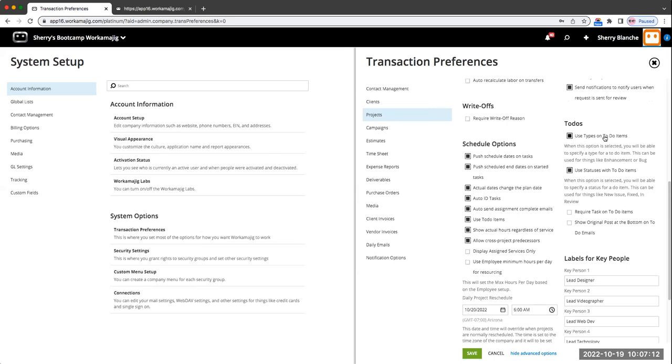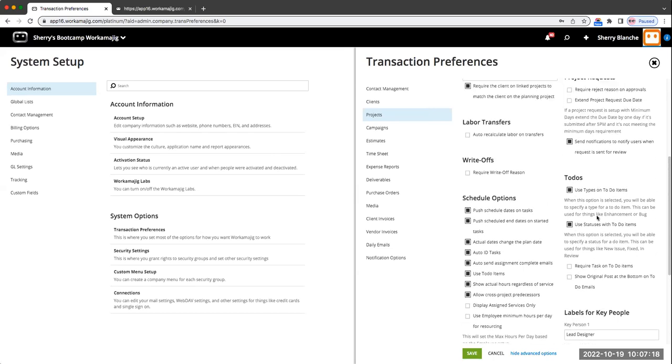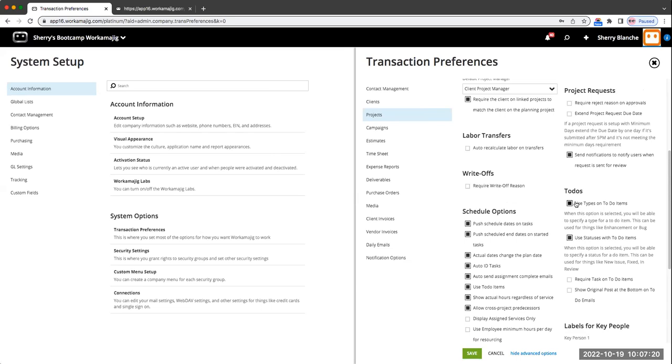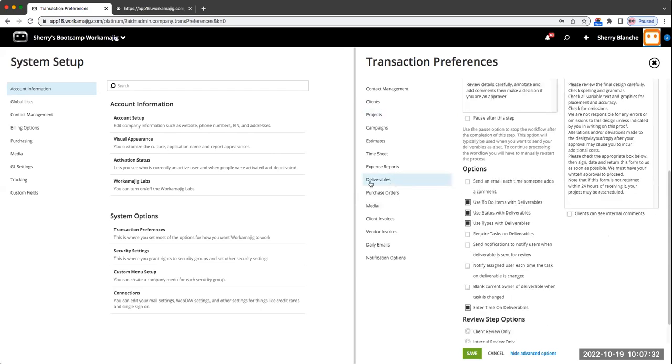I also have turned on using to-dos. I happen to have a couple other features on with to-dos. These wouldn't be required, by the way. I should have maybe even turned those off, which is fine, but you might see a few things different in this example for today. The next place I do want to go, though, is this deliverable,